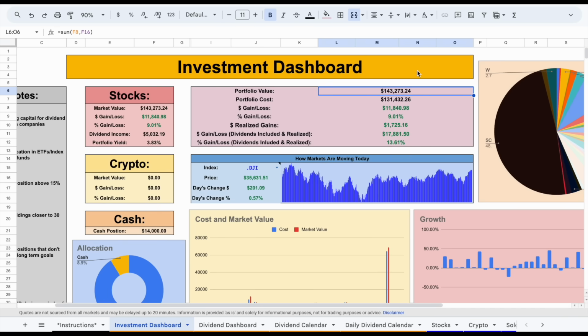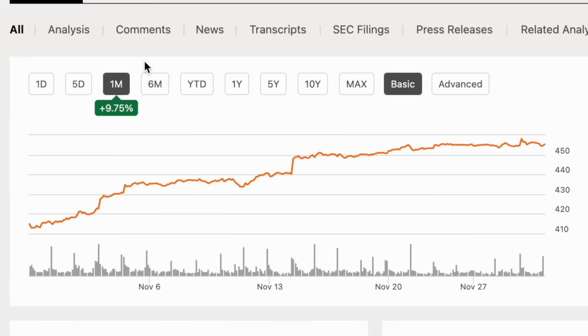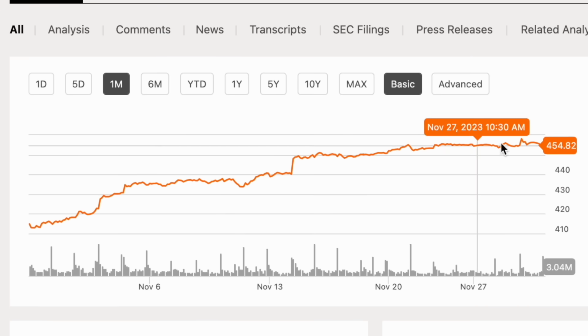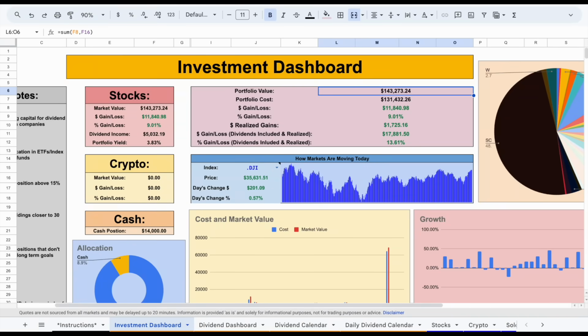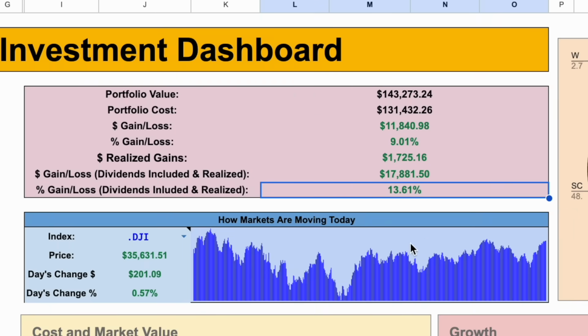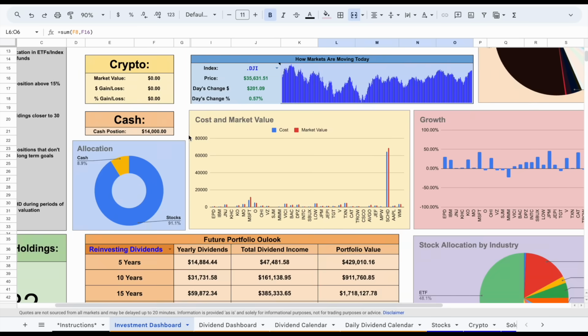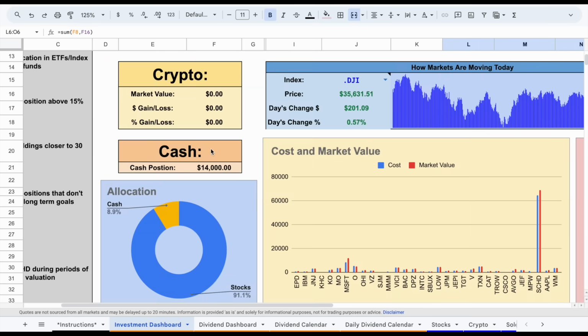Now, what is the reasoning behind this? Well, if we jump over to Seeking Alpha, we can see in the past month alone, the S&P 500 up nearly 10%, and my portfolio definitely reaped the benefits of this jump up. I'm now up around 13.61% with my dividend portfolio value of around $143,000. If we come down here, I'll zoom in just a little bit more, and we can see my cash